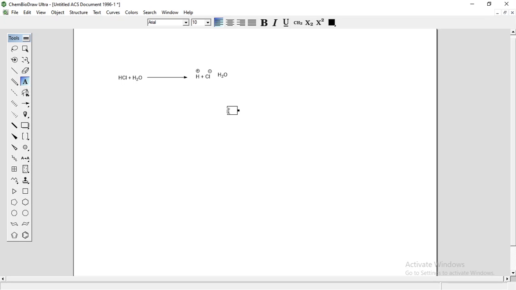So there are certain factors which affect the acidity. There are factors which influence the acidity of an organic acid. We are now talking about the strength of organic acid or inorganic acid. The first factor is the strength of the H-A bond.